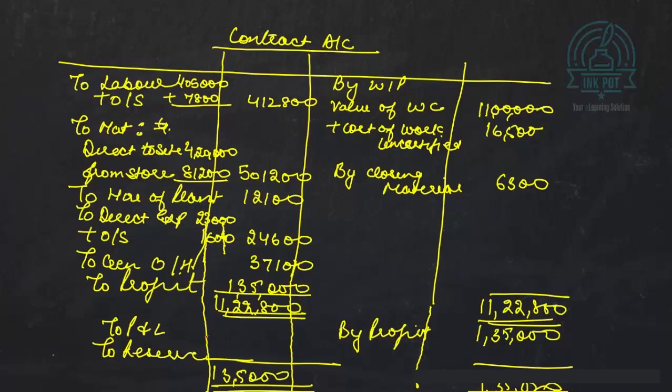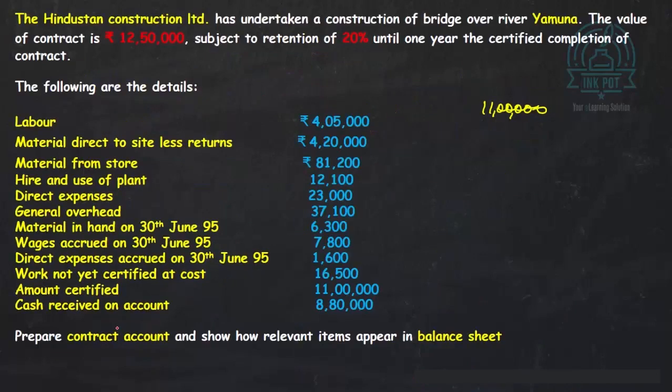Now, how much profit is to be transferred? Let me check the condition. What is the percentage of work certified? The amount certified is 11 lakh and the contract price is 12 lakh. So it is more than 50%. So 2/3 of the profit will be transferred to P&L account. Let me calculate. Profit is 1,35,000 into 2/3 into